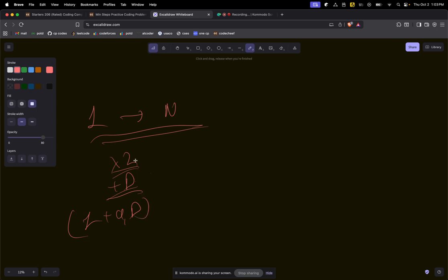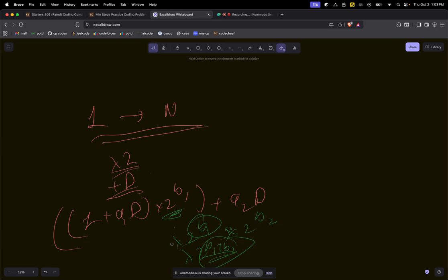Then you do the times 2 operation b1 times, 2^b1. Again you do the add d operation a2 times. Why I'm saying this is that you cannot do any amount of times 2 more after 2^b1. If you do times 2 again, b2 times, that is the same as saying 2^(b1 plus b2), right? These are both variables to us, we don't know the values. So that is why we are taking alternating moves,